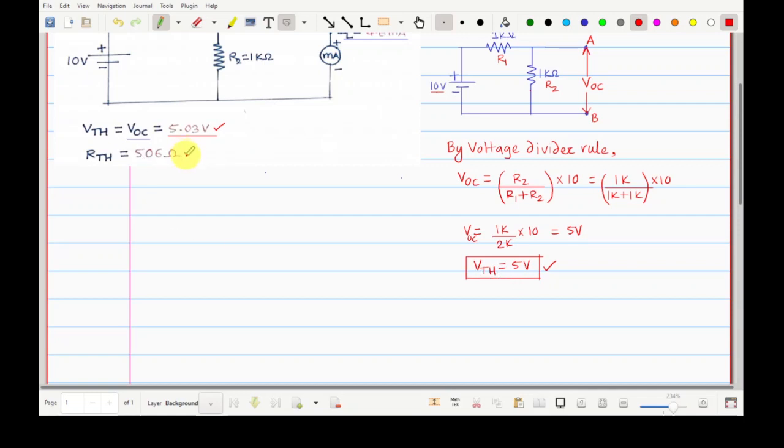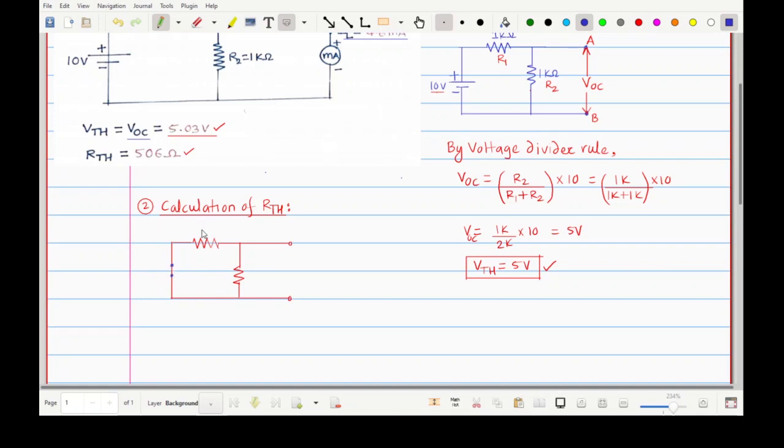Next, we have measured RTH during the experiment. Now we will take the second step. The next step is calculation of RTH, and you know that for measurement of RTH, whatever energy sources are present in your circuit, you have to short. So we will short this voltage. If it was a current source, we would have opened it. So friends, whatever voltage was present over here, we have shorted that voltage.